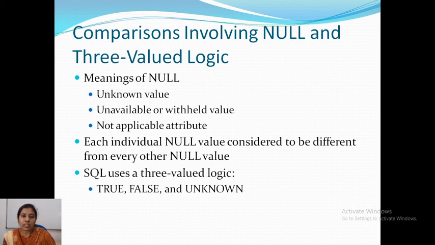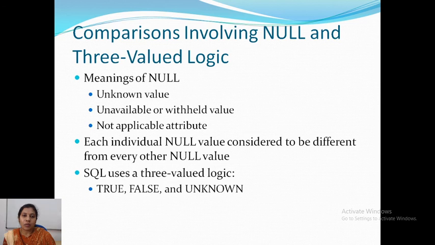As I discussed in the previous sessions when explaining the properties of a relational database, each attribute must be single valued, or atomic, and it can have only simple or single valued data, or it can have a special value which is called the null value.